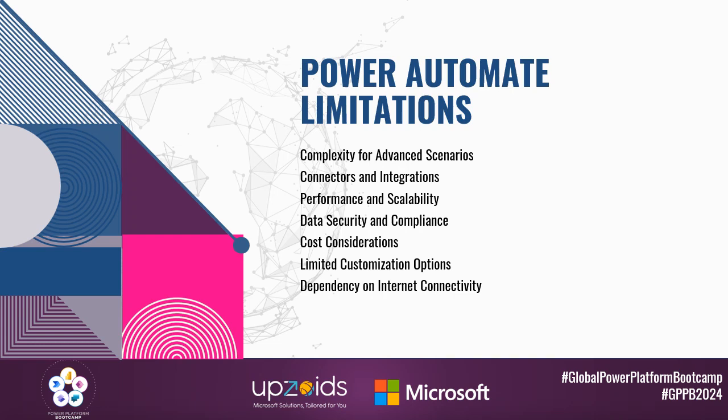Some of the limitations of Power Automate include complexity for advanced scenarios. For example, while Power Platform offers a user-friendly interface for creating workflows, complex scenarios may require advanced technical knowledge or coding skills. Certain advanced actions or integrations may not be supported directly within Power Automate, requiring workarounds or custom development. We have connector and